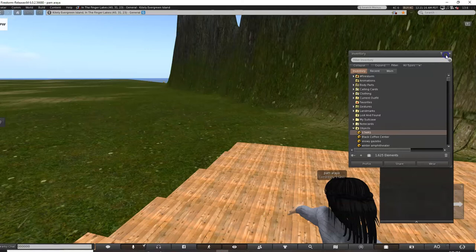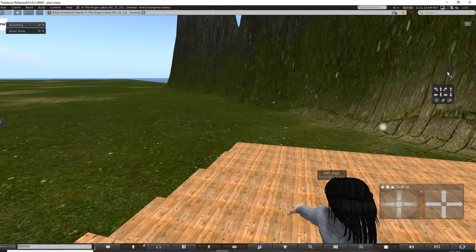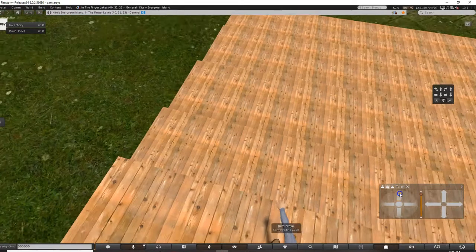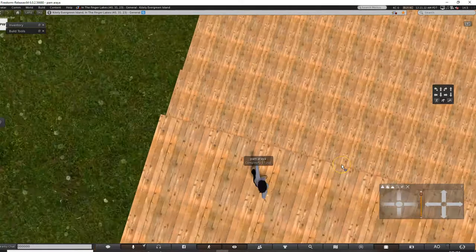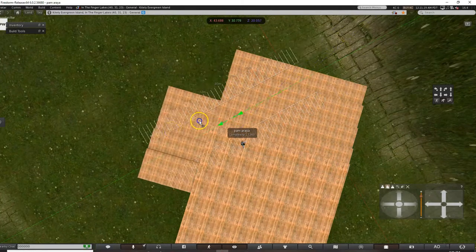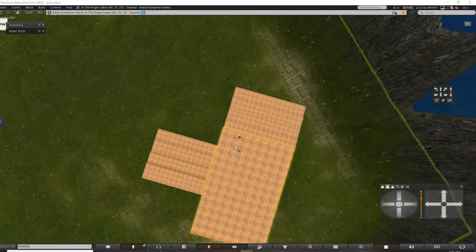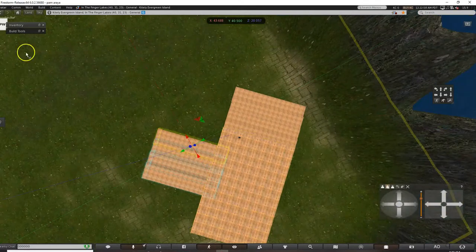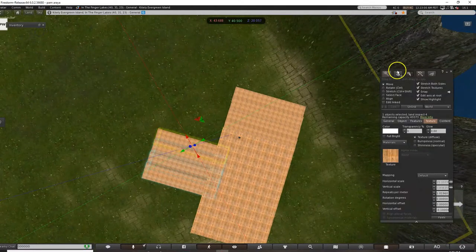Okay. So I have it in my inventory now, but what I really want to do is do shift and copy. Okay, so now I have it here, so I can go to my build tools and I can do rotate.